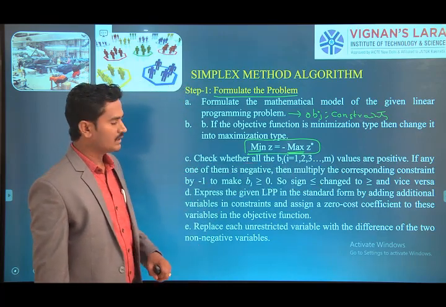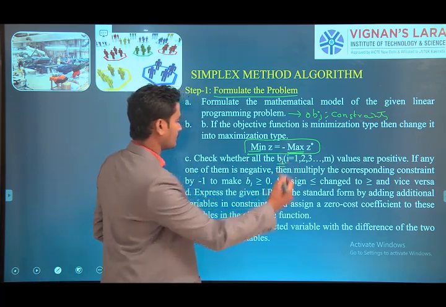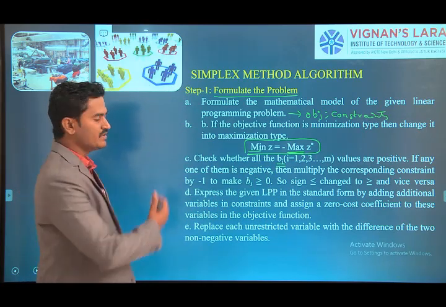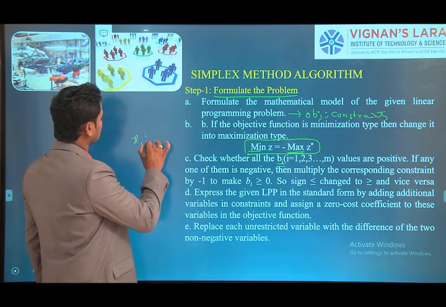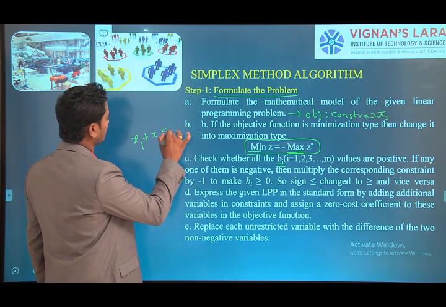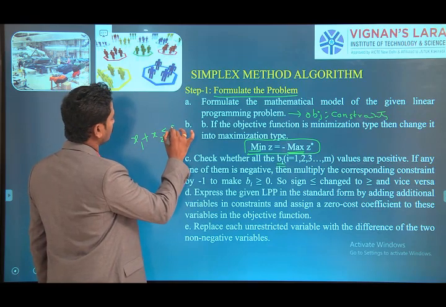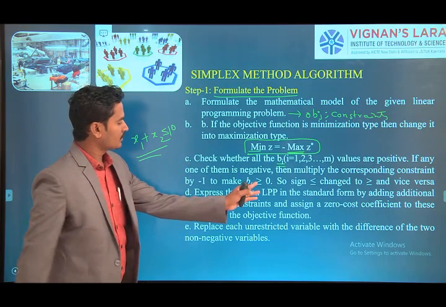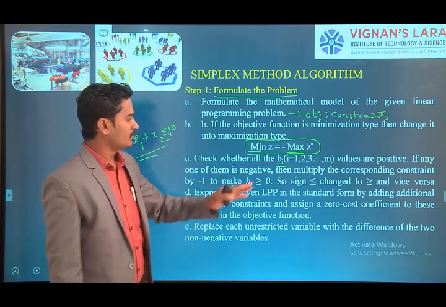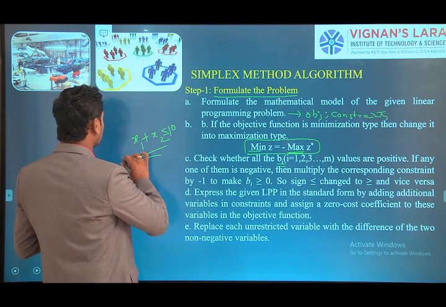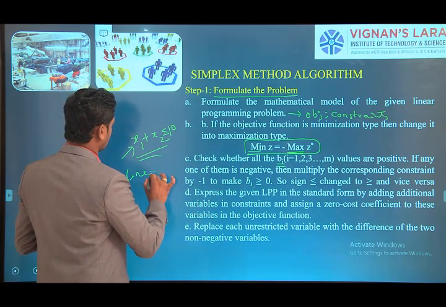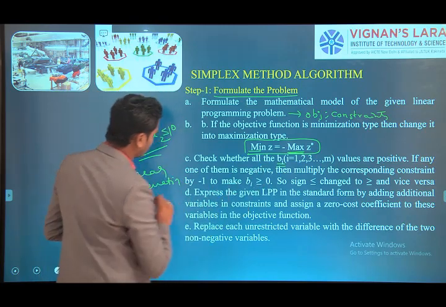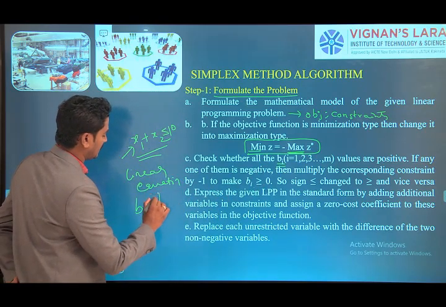What is the bi here? What is the bi? bi is the right-hand side of the equation. Here x1 plus x2 is there, na? x1 plus x2 less than or equal to type. Suppose 0 is there or otherwise 10 is there. Here these x1, x2 are the variables. We are assuming here. Okay. These are also called the linear equations.